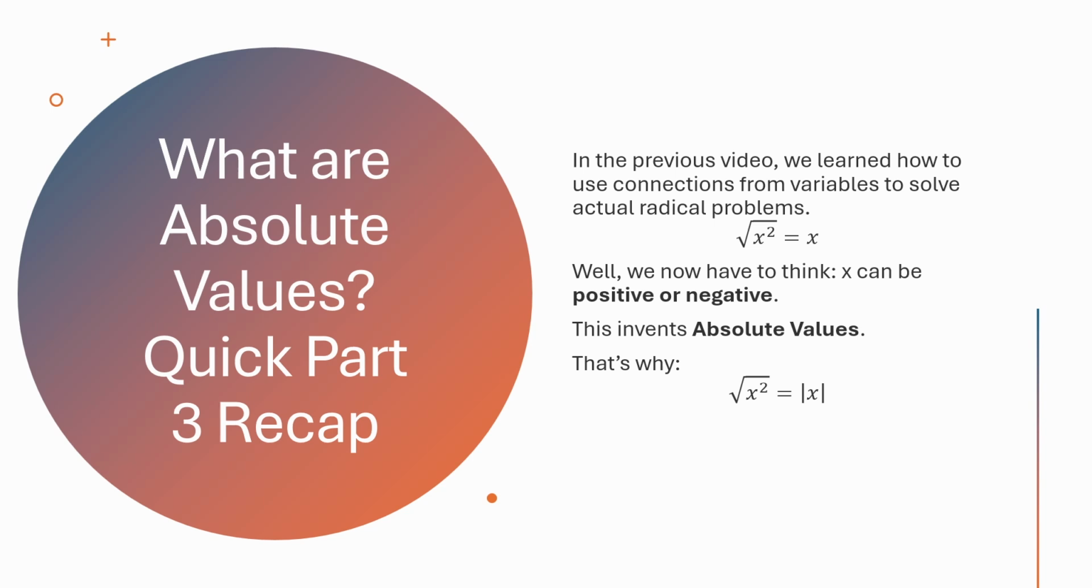Quick part 3 recap. In the previous video, we learned how to use connections from variables to solve actual radical problems. The square root of x to the power of 2 is equal to x. Well, now we have to think. X can be positive or negative. This invents absolute values. That's why the square root of x to the power of 2 is equal to x with those two parallel lines, which means